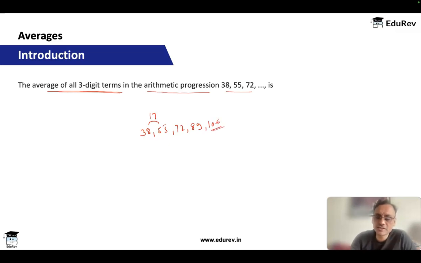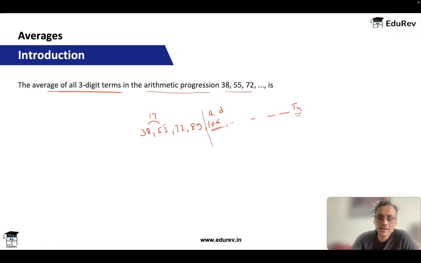Okay, so 106 is the first 3-digit term. And then you'll have a Tn, which will be the last 3-digit term. So let's start our series from here. Let's say this is my first term A. In arithmetic progression, if you remember, the first term is called A, the difference is called D, and the last